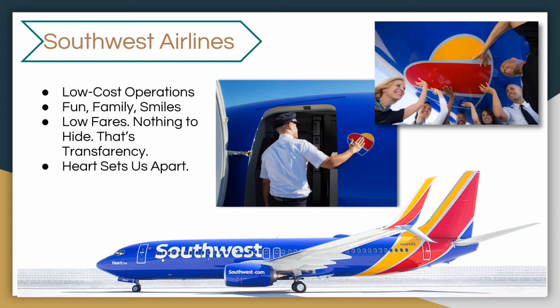But the point is that if a firm has a strong strategy and value propositions, then it becomes a force to be reckoned with. Southwest recently added a second tagline to its strategy: Heart sets us apart. Southwest is referring to its own inimitable CVRs and cultural values of fun, family, and compassion. To illustrate this tagline, Southwest even painted a heart on the bottom of all its planes, claiming that their planes' hearts make them more than machines.